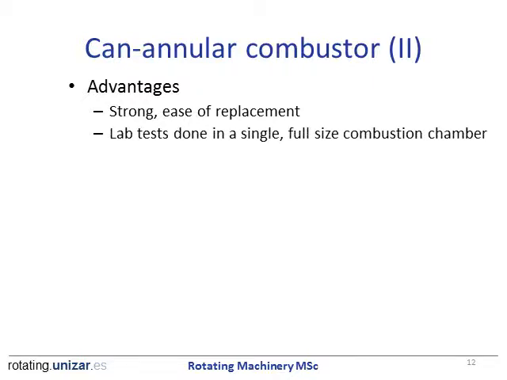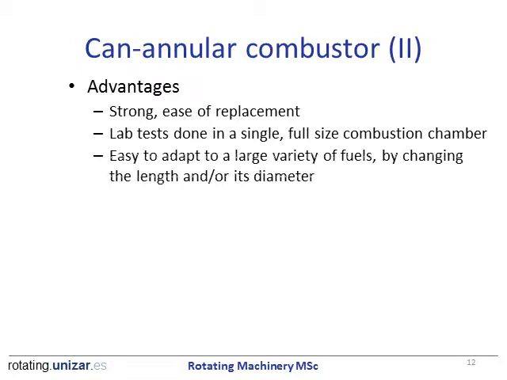Lab tests are done in a single full-size combustion chamber. The actual operating conditions are tested, so the combustion dynamics, heat transmission, and emissions can be reproduced exactly, which is very convenient to avoid surprises when you are going to full scale or to production. Less fuel is needed for testing because of the same reason. I mean, you are using only one of a number of combustors. They are easy to adapt to a larger variety of fuels by changing the length and or its diameter, and